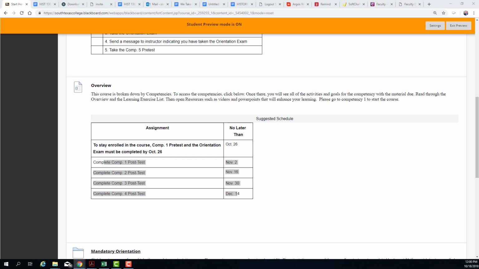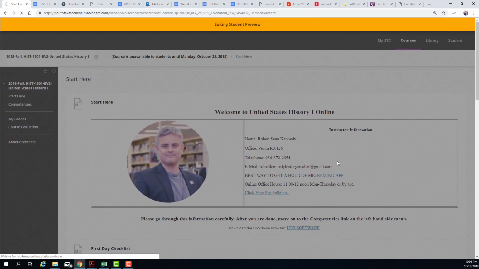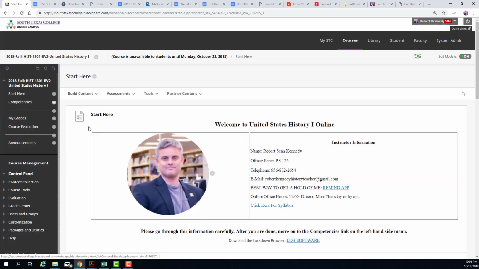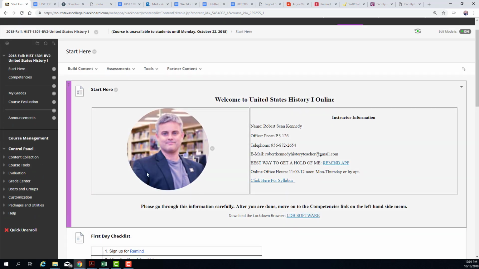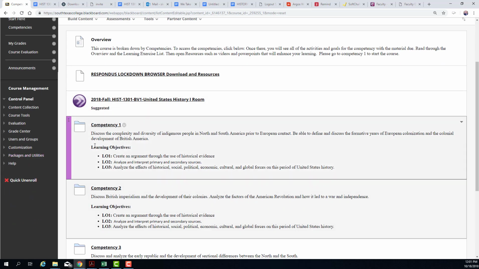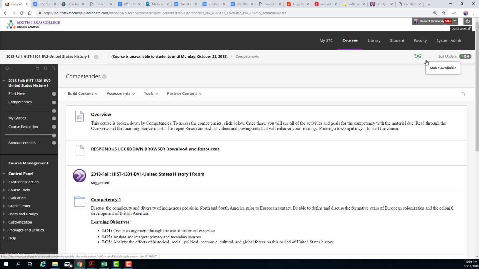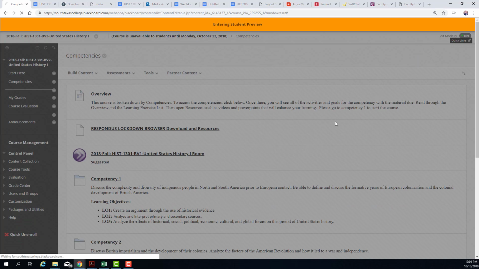Let's see. All right, I'm going to get out of the preview here, taking out a student view, because everything is an adaptive release, meaning you have to take the orientation exam, or at least the pretest, for other things to open up. So let me actually show you what you will see real quick.